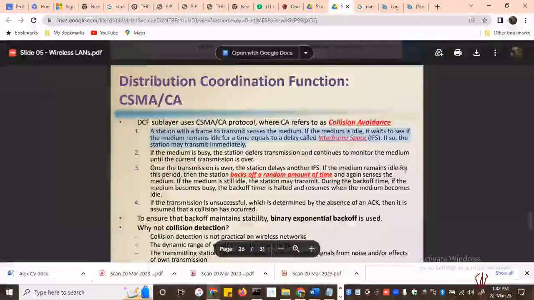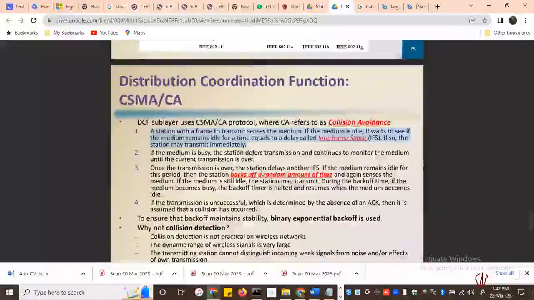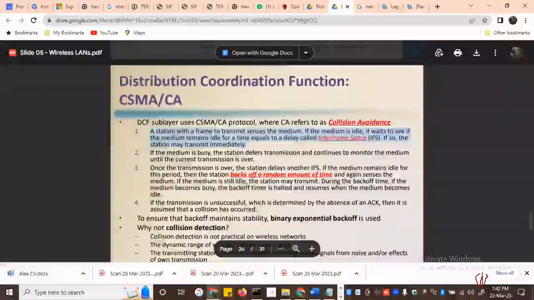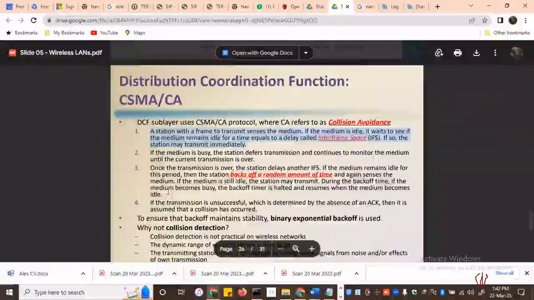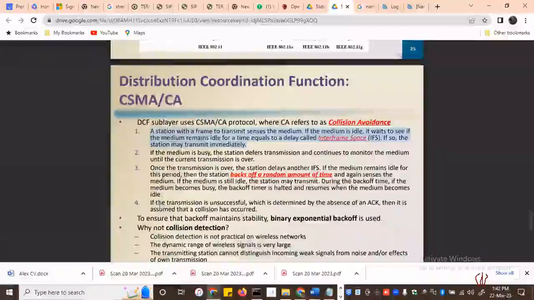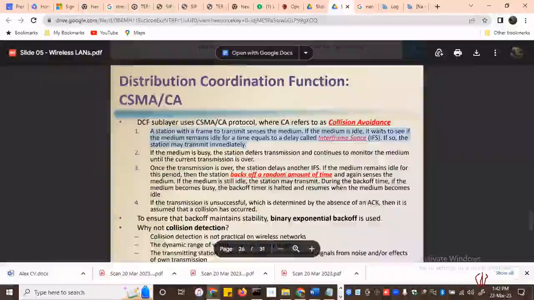Now, if the medium remains idle for a period, then the station will back off a random amount of time and then again sense the medium. If the medium is still busy, there's still another transmission taking place, then it would have to keep backing off. Now, once the medium is completely free, then the transmission takes effect. So if the transmission is unsuccessful, which means the transmission went through without getting a clear to send, and there's a collision, it has to wait